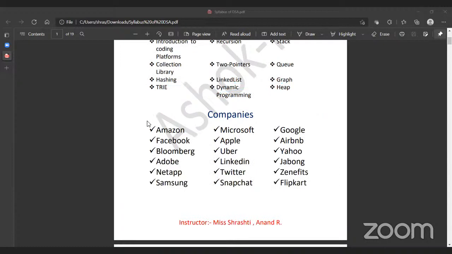Now, moving on to the next, we have also written here the companies like Amazon, Microsoft, Google, Facebook, Apple, Airbnb, all the product based companies which you know, or the famous names you actually hear in your day to day life. What kinds of questions are asked for getting into those companies, we are also going to cover that. So you will get huge exposure to the questions which are being asked in these famous companies.